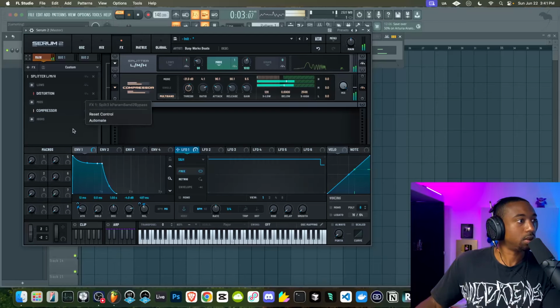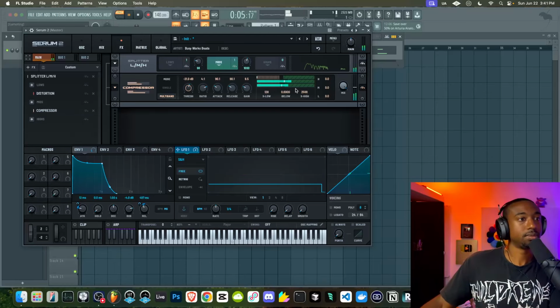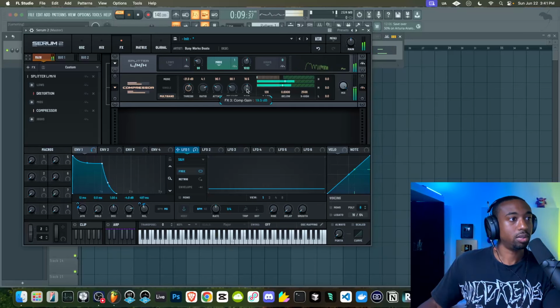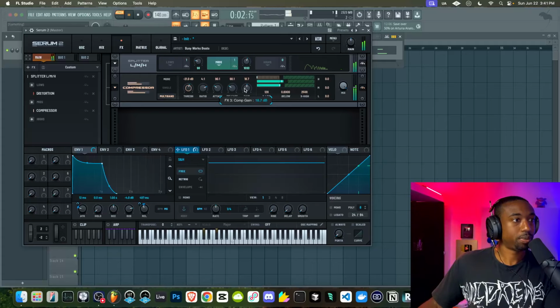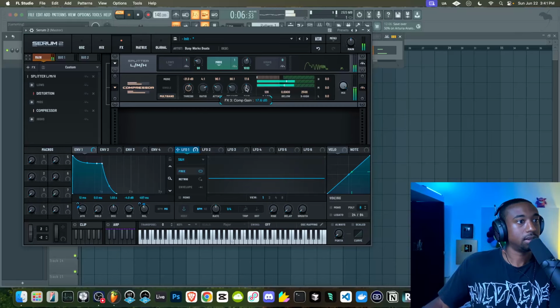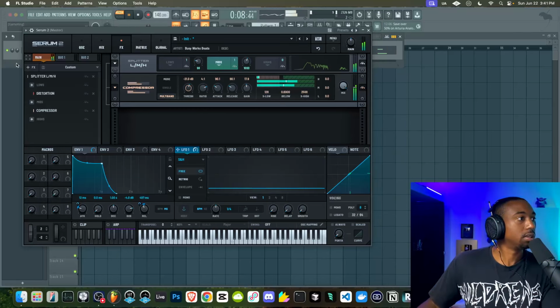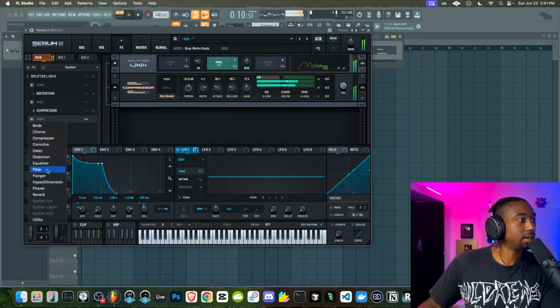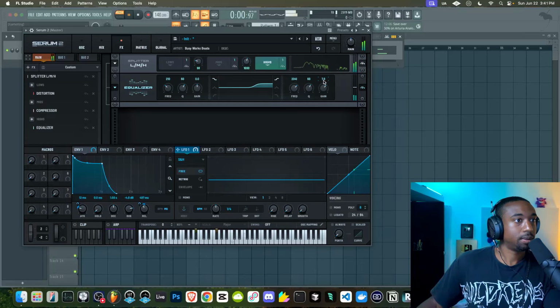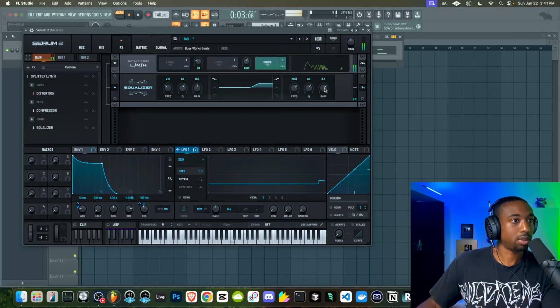I don't know if there's a way to solo the mids, but do you hear that tone coming out of the sound? So we're pulling more tone out of it without adding a bunch of harmonics. Technically we are, but in a different way. Let's add some highs here, and on the highs, let's just add an EQ and just boost up the highs to pull on those sample rate reductions.